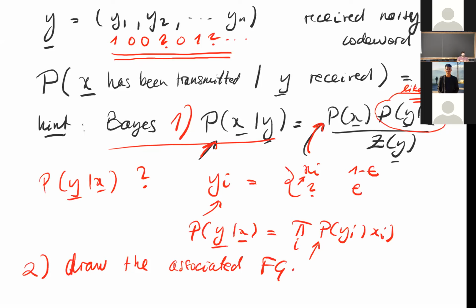The signal is the strings of bits that is transmitted, and the noisy data is the noisy code word, is the corrupted version of this signal. Okay, and inference is about writing probability distributions of signals given data about these signals, and this is exactly what we're doing right now. Okay,